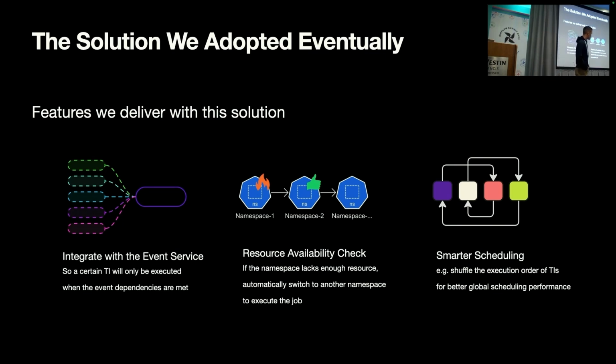Last one, smarter scheduling. This is the most interesting because this is addressing that valuable question I mentioned just now. Because in this case, you can imagine all the tasks always get executed according to what we want them to, say the schedule interval, or let's say the dataset update events. But as I mentioned just now, sometimes we don't really care because if I have thousands of jobs at the same time, let's say to run this morning, I really don't care when they start. Of course, starting on time is great, but what I really care about is globally whether all of them can meet